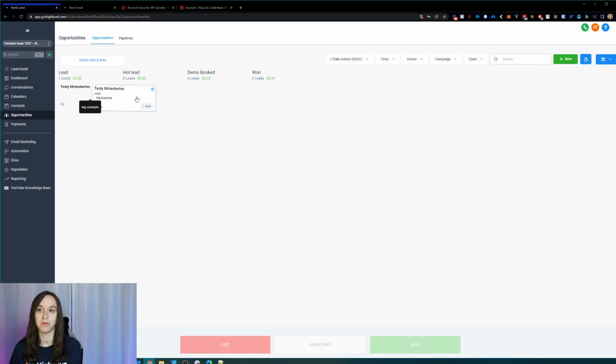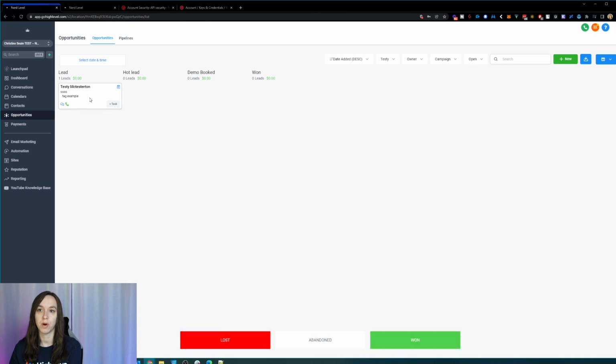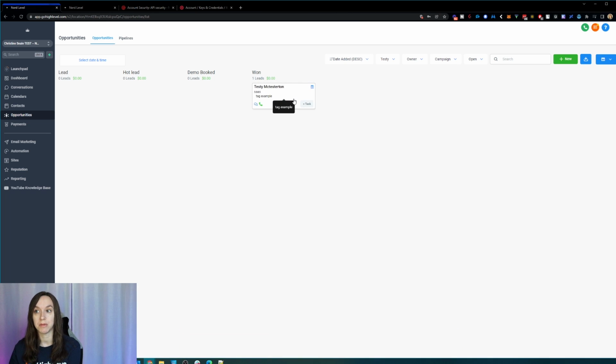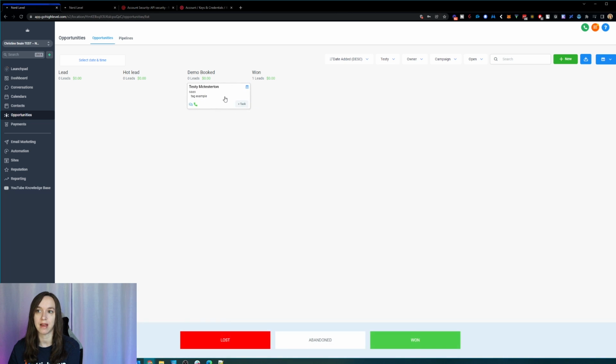And if you want, you can move it around. And if you want to set up the automations on this, you can. So let's say I want to set up an automation that when I move them into one, it marks them as one automatically so I can see my conversion, and it sends them a contract, I can do that. I have other videos on how to do that, okay? But for just initial setup purposes, this is how you navigate the opportunities page.